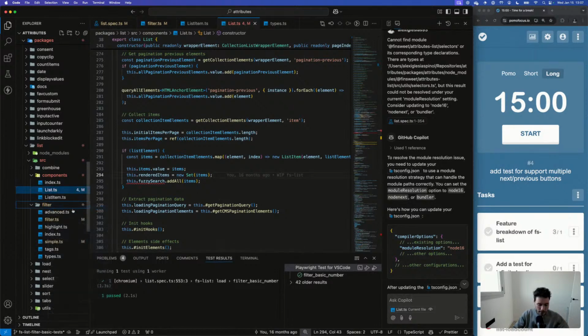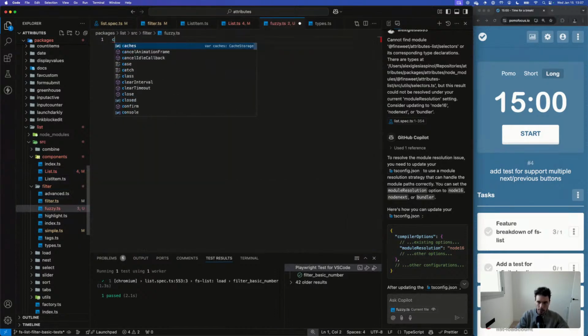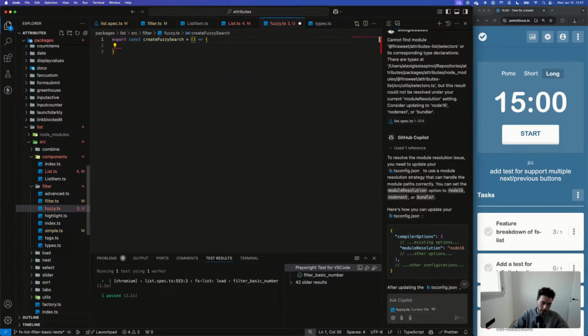Okay, let me try something. So I'm gonna do these fuzzy helper. I'm gonna do export const createFuzzySearch. So let's create a factory method. And then here we are gonna pass some initial items, I think.